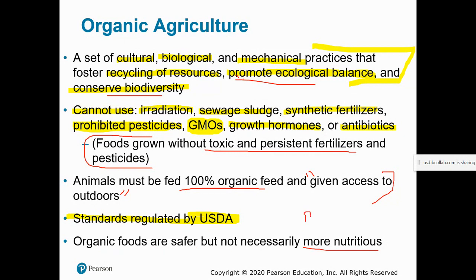If you're interested in looking at this more, and I can put a link, the Rodale Institute, which is down somewhere south of us, Virginia maybe, does some really cool research comparing crop production, crop yield, and crop nutrition on organic tracts of land compared to more conventional practices using herbicides and pesticides and growth hormones, etc. And what they find, because they've been looking at this now for more than 30 years, is that in the long run, organic lands that are farmed under organic practices long-term do produce more nutritious food